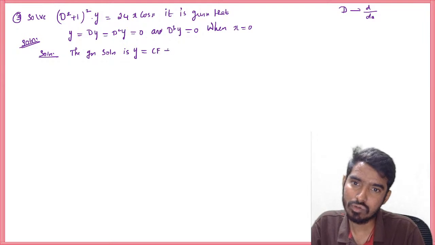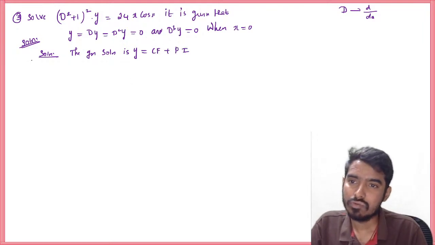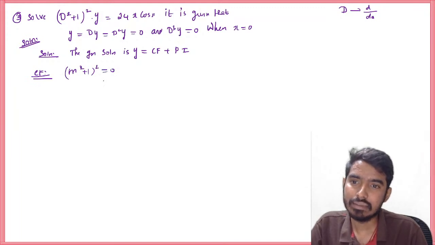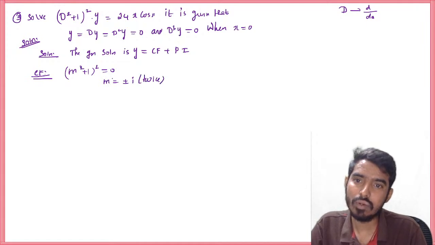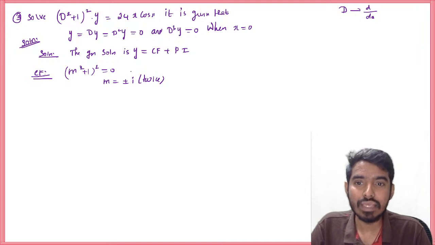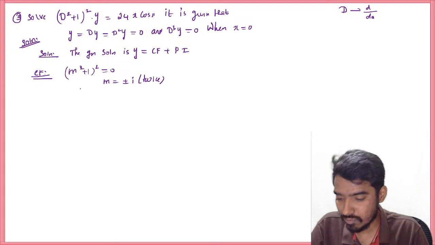So we have the general solution y is equal to CF plus PI. First we will find CF. The auxiliary equation is (m square plus 1) whole square. That means m is equal to plus or minus i, twice. So we will have whole square, right? That means we will have multiplicity equal to twice. And here the roots are plus or minus i. So it means we have 2 pairs of equal complex roots. Then what is your